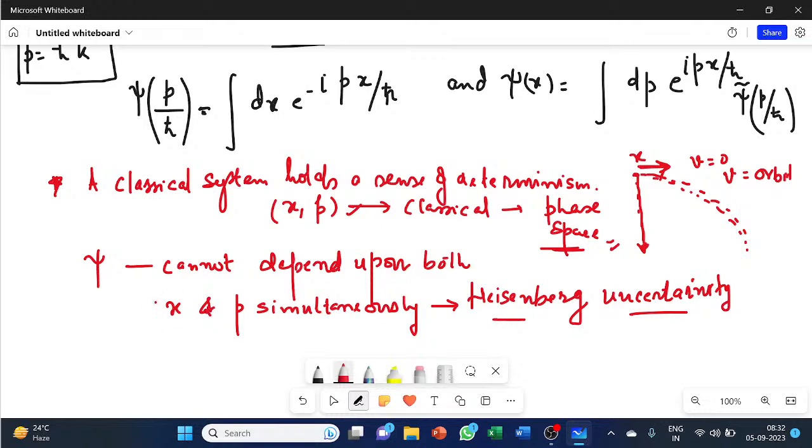Okay, because somebody may say that if I know x, and if I differentiate it, I can relate it to p. But it's not that easy in quantum mechanics. Momentum and this coordinate, x and p, cannot be simultaneously and accurately measured. This is something we will see later on. If you've done your BSc, you know that this commutator is not equal to zero, rather it is equal to i h-bar. So they cannot be simultaneously and accurately measured.